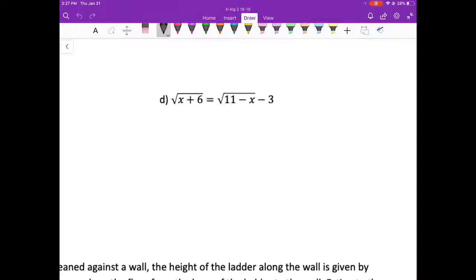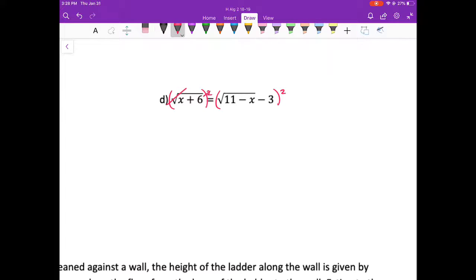Alrighty, as we go through and solve example D, we first recognize and notice that we have two square roots. Now, we would like to combine them if possible, but they are not going to be like terms, so I won't actually be able to do so. Remember, you can only have radical something minus radical something and be able to combine them if what's under the square root or cubed root or whatever is the exact same. So, in order to solve this one, we are going to start by squaring both sides,